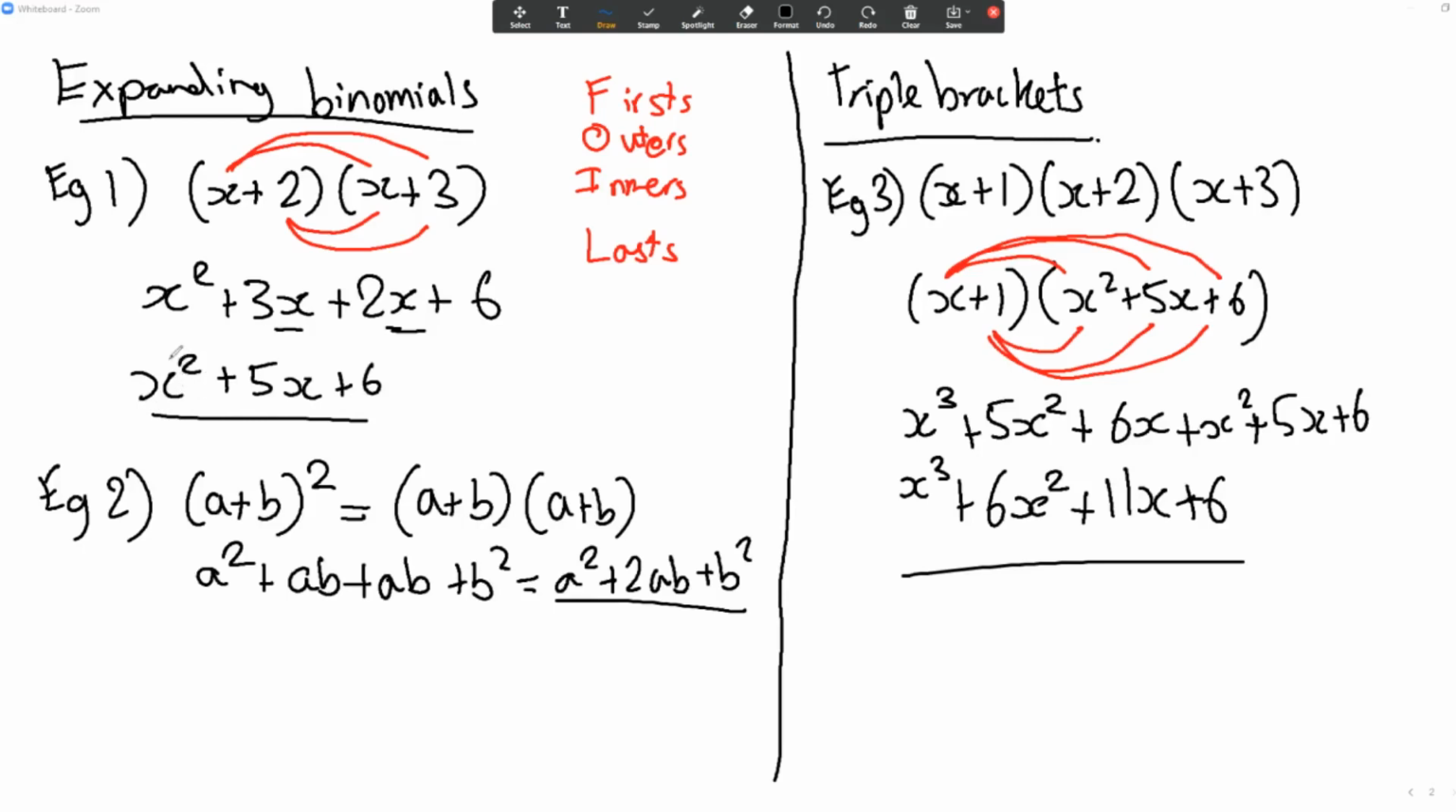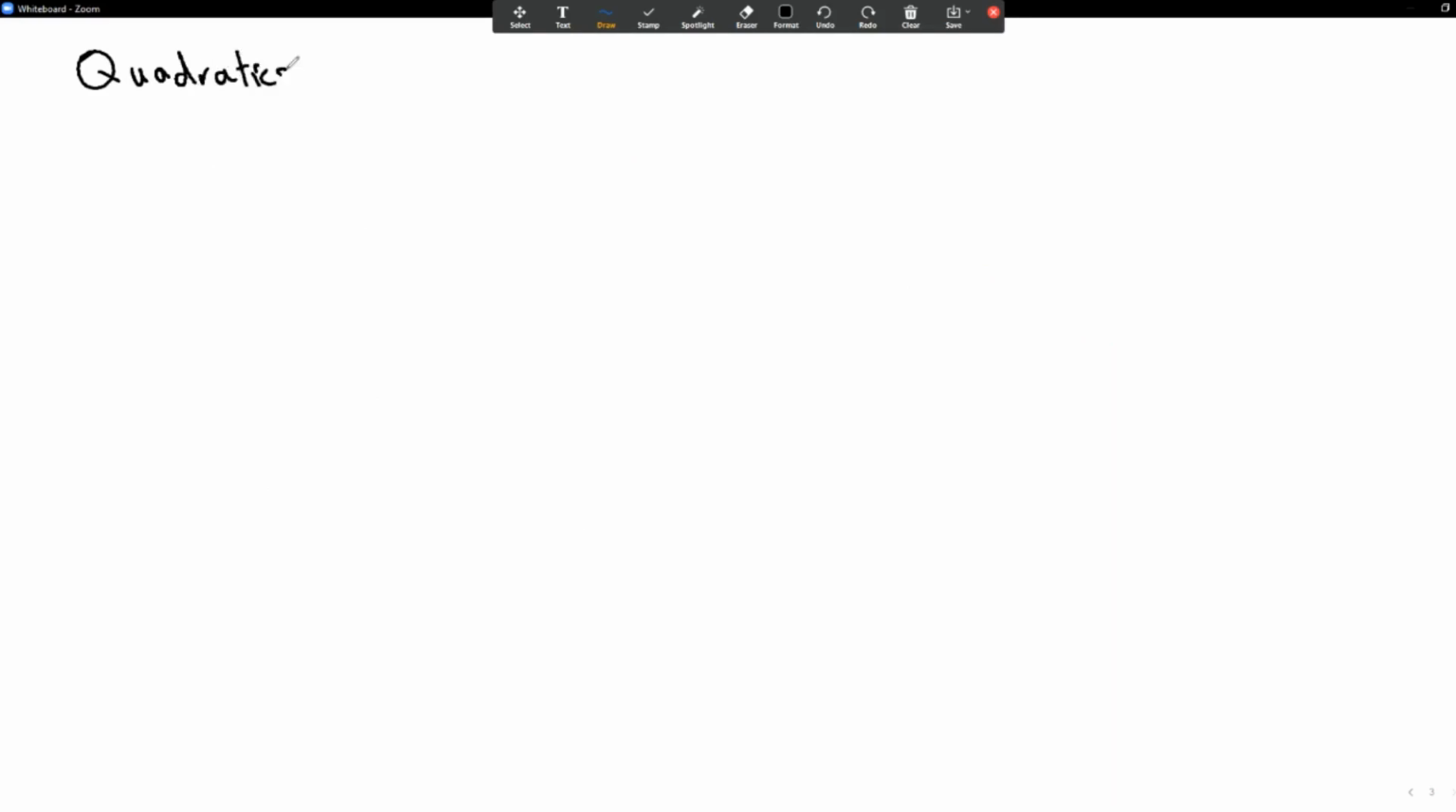But what we need to do now is find out how to factorize quadratics back into these binomials. So, first, it would make sense to understand what a quadratic is. Quadratics are in the form ax squared plus bx plus c equals 0. Now this is an important bit, equaling 0,